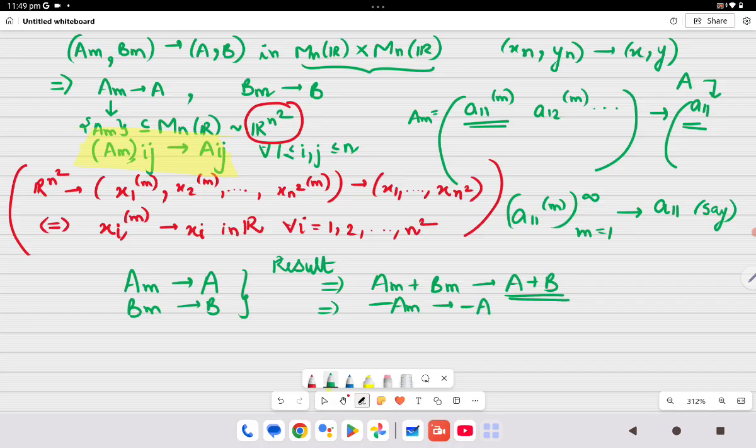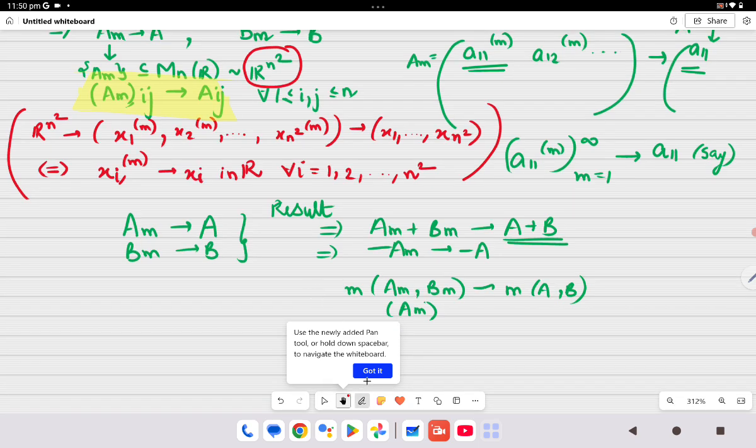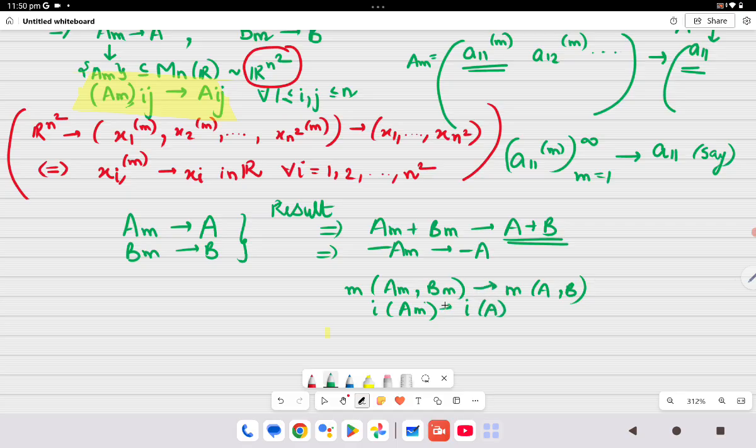So इससे हमें पता चलता है about the continuity of the multiplication, क्योंकि हमें यहाँ पे मिल गया कि M of AM, BM is convergent to M of A, B, और second हमें मिल गया कि I of AM is convergent to I of A. All right, अब एक लास्ट एग्जाम्पल,